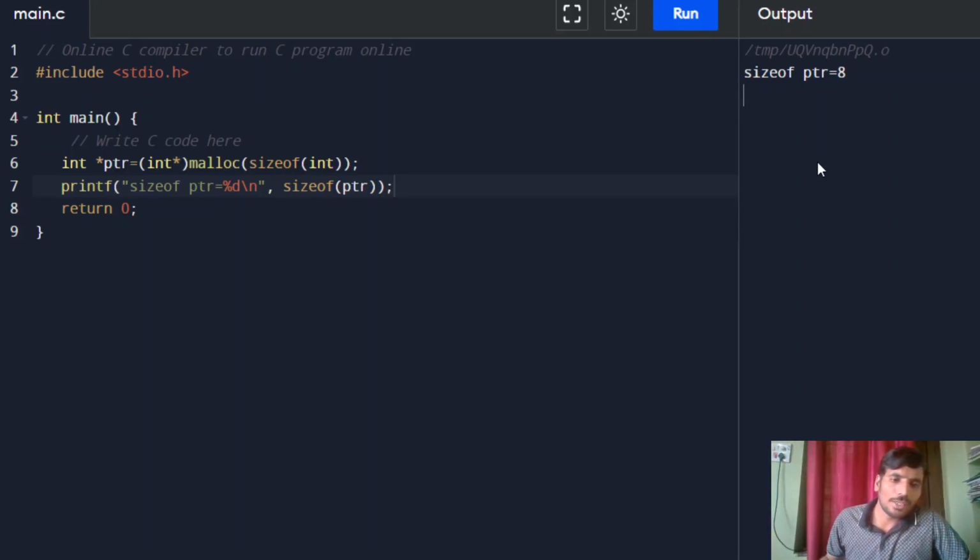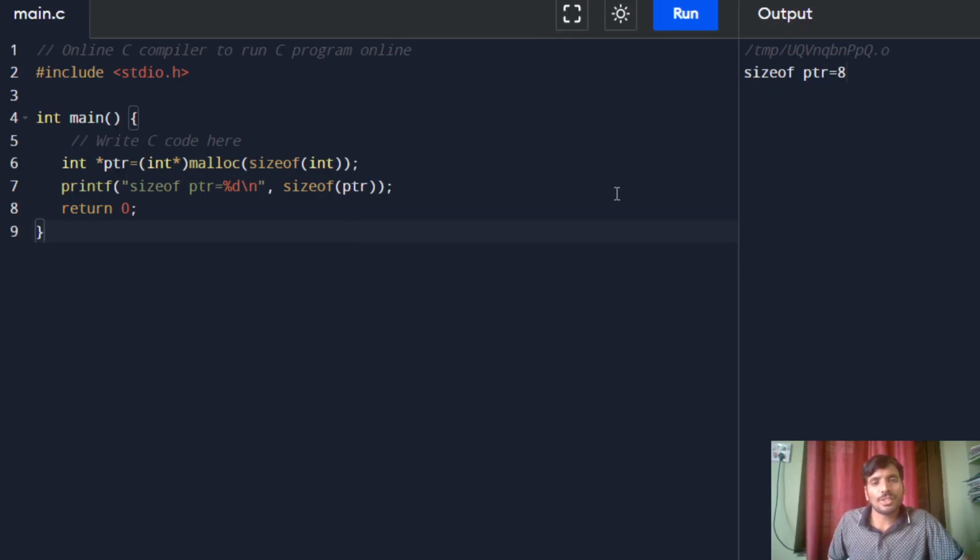If I use star pointer, it gives me 4 bytes, whereas if I don't use the star, it gives 8 bytes. The reason is, as I told you in the previous session, the size of the pointer depends on the machine architecture. If it is a 32-bit CPU, then by default it takes 4 bytes.